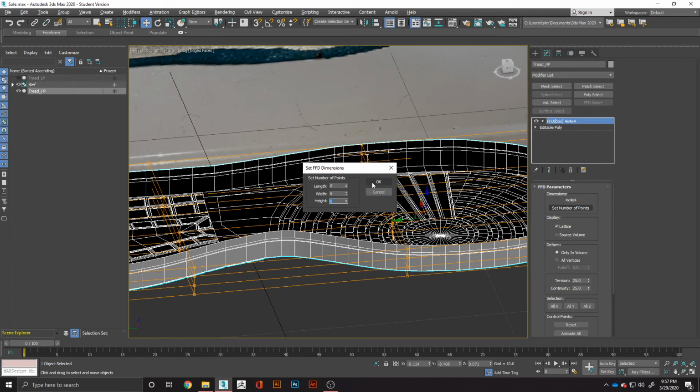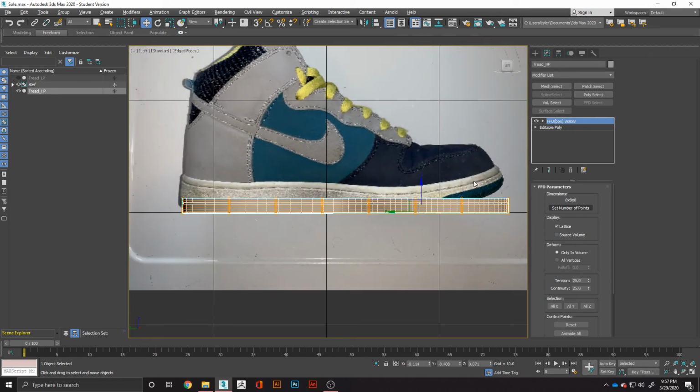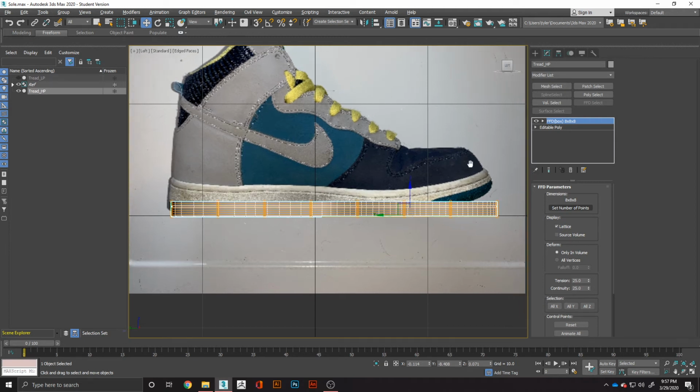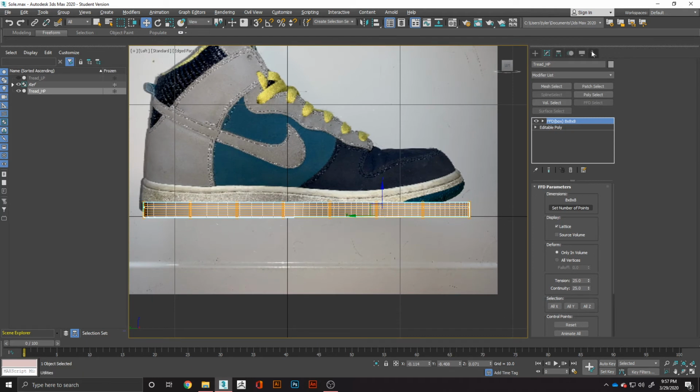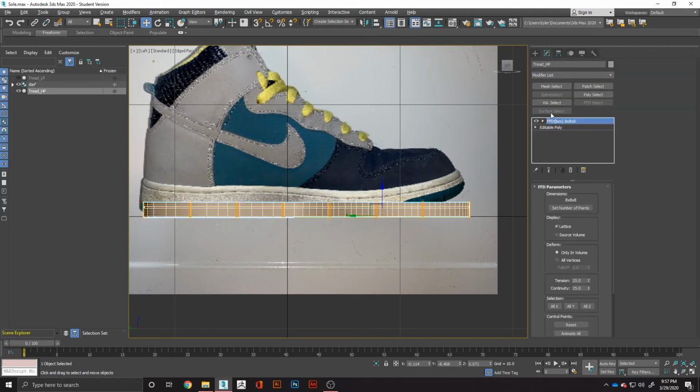So sometimes you'll find that your software, your model is giving you some issues. Sometimes it's not cooperating the right way, and a reset Xform tends to correct some of those issues you're having. And that's under the utilities panel, reset Xform, and then it'll come up here and you just convert to poly, and now it's kind of a fresh start. So again, I put my 8 by 8 by 8